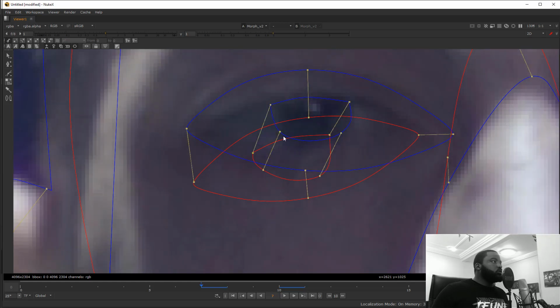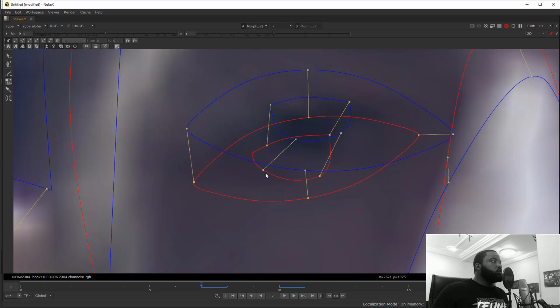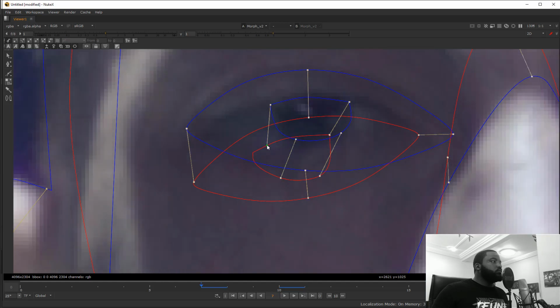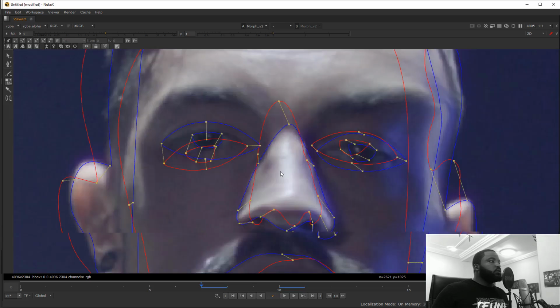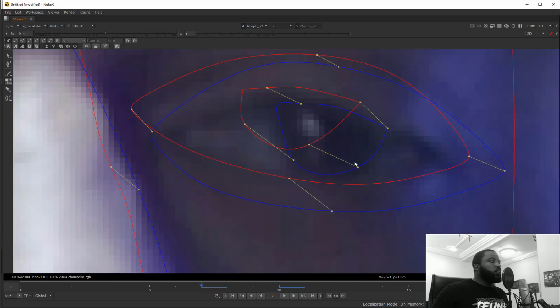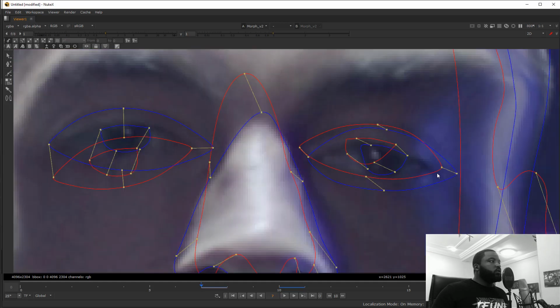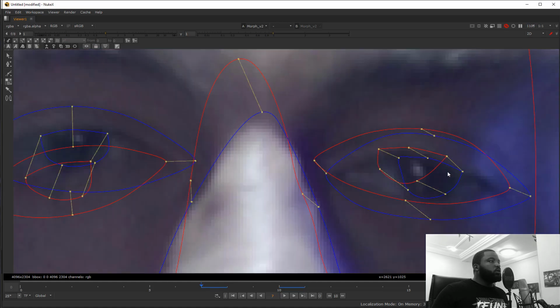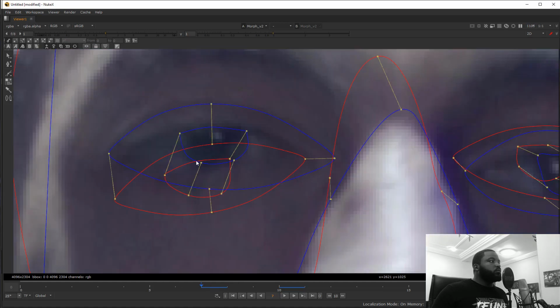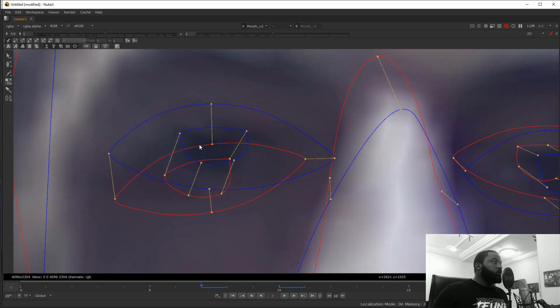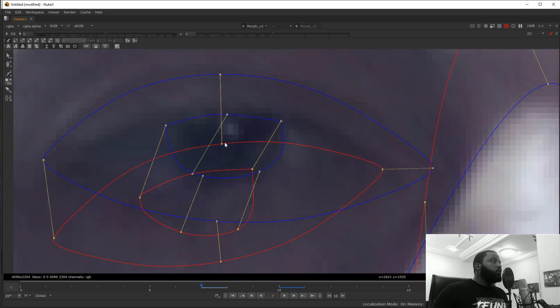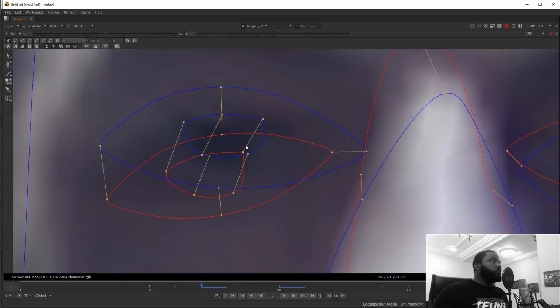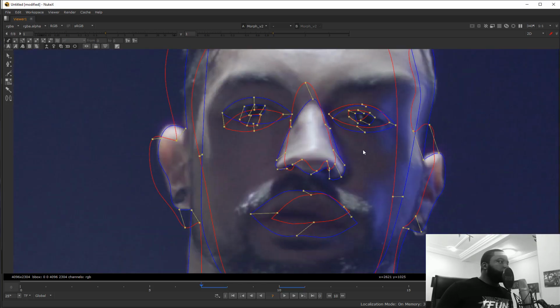Control E. Okay, so everything, yeah, no, this doesn't look good. Onto the middle, you can add one point. Yeah, like that. Okay, I think everything looks good right now.